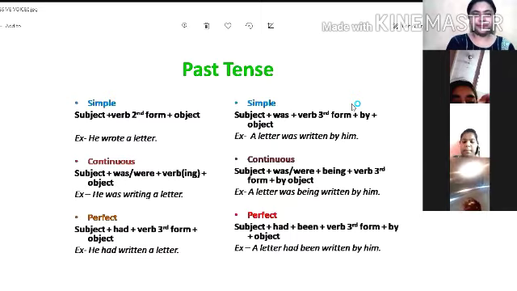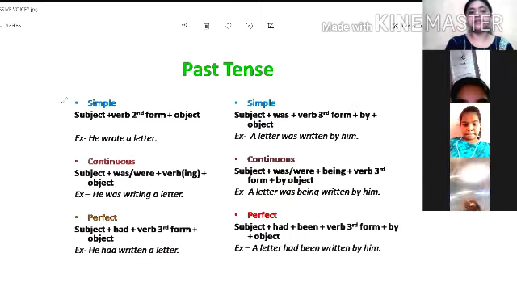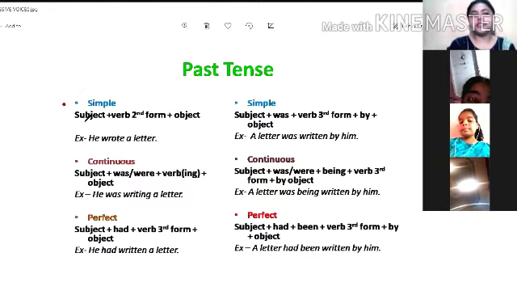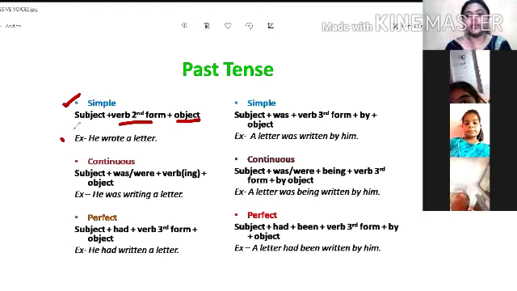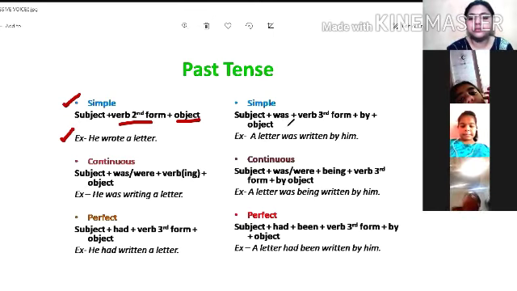Past tense is this. We would first see the simple form, simple past. Subject plus second form plus object. Example, he wrote a letter. Alright, now what do we do? Here also we will lock the third form of verb. Third form of verb will be everywhere. So you have to pay attention at